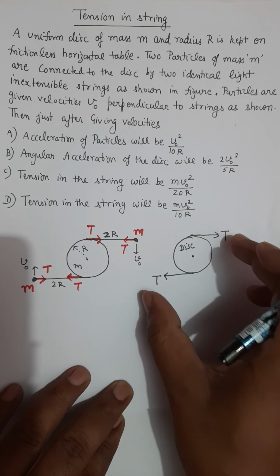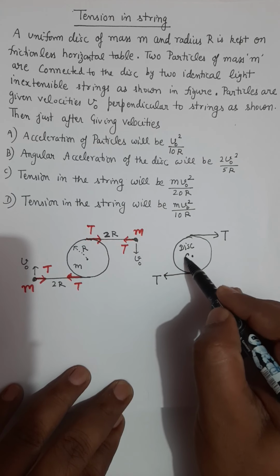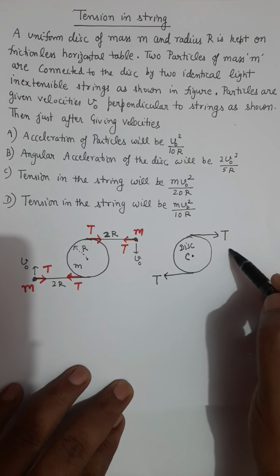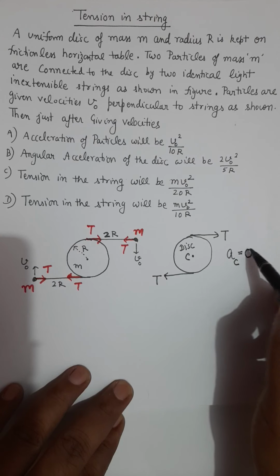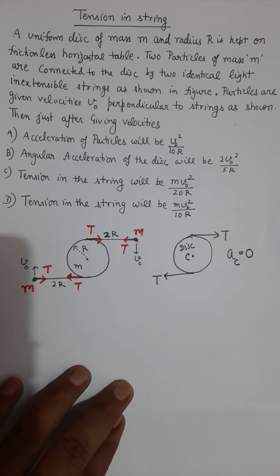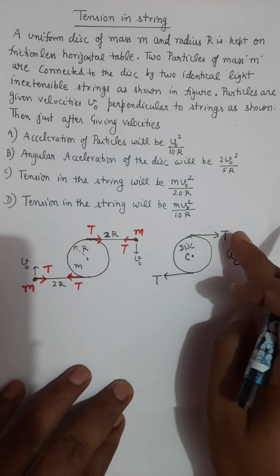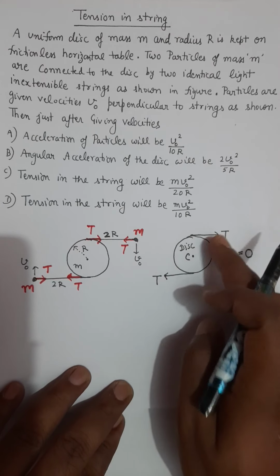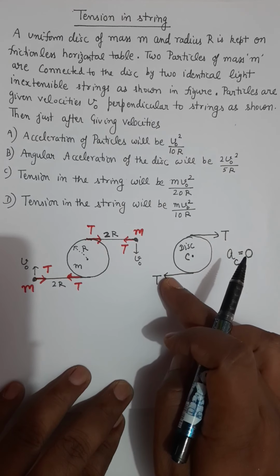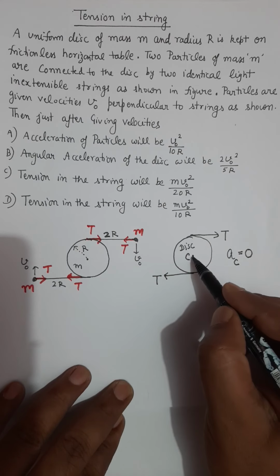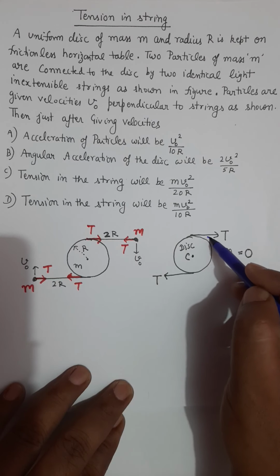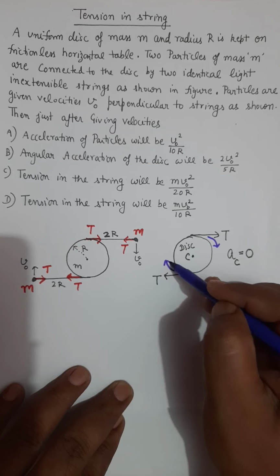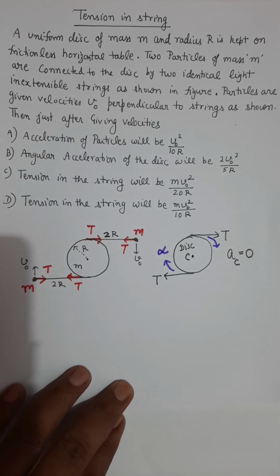And when the resultant force on the disk is 0, the center of mass of that disk will remain at rest. Therefore, the acceleration of the center of the disk will be 0 as per Newton's second law, because there is no resultant force on the disk. But yes, these forces are parallel to each other in opposite directions. So they will produce a torque about the center point. If you calculate this torque, these two tension forces will generate a torque about the center of the disk, and the disk will have some angular acceleration, let's say alpha.